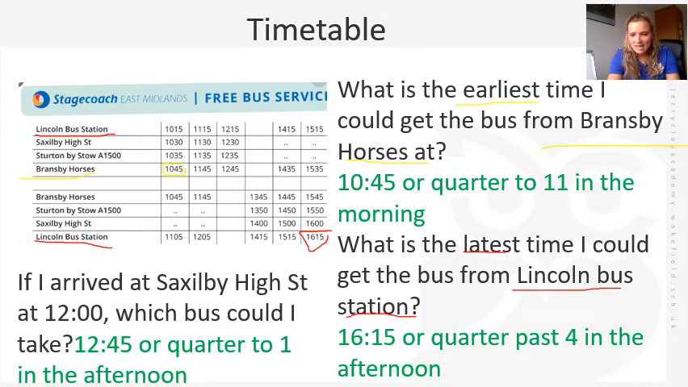And finally, if I arrive at Saxilby High Street at 12 o'clock, which buses could I take? I'll have a look at Saxilby High Street here, and I've got Saxilby High Street up here as well. If I arrived at 12 o'clock, I needed a bus that's after 12 o'clock. So I could have caught one bus which was at 12:30, or I could have caught a bus at 2 o'clock, 3 o'clock or 4 o'clock. However, with 2, 3 and 4 o'clock, it would mean I would have to wait in the bus station